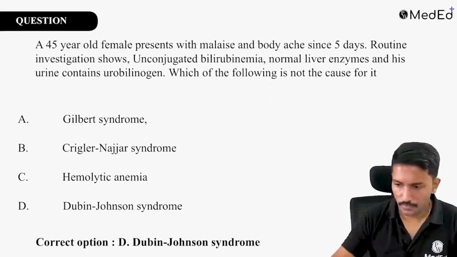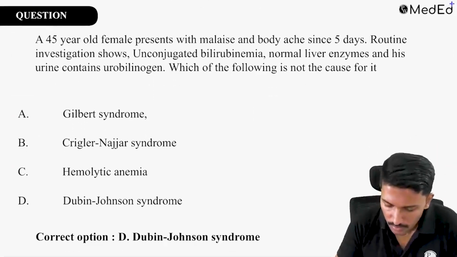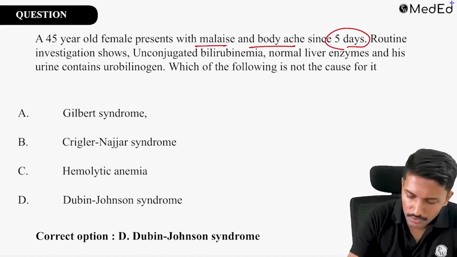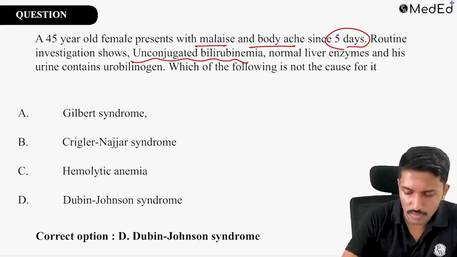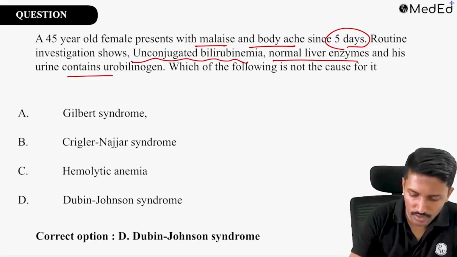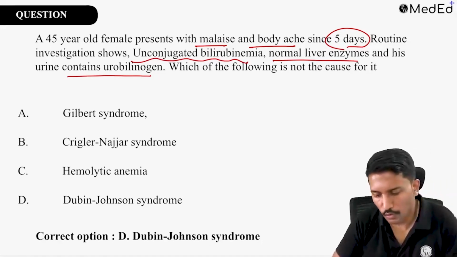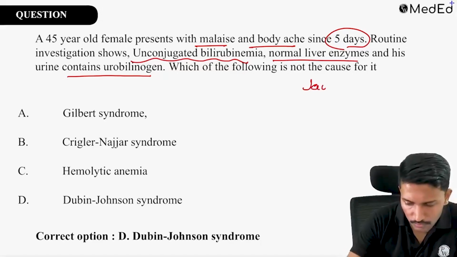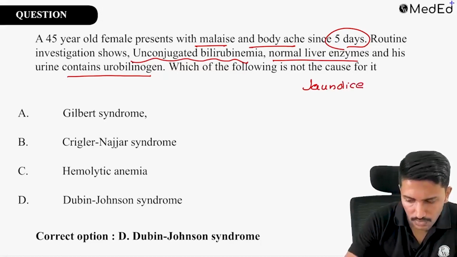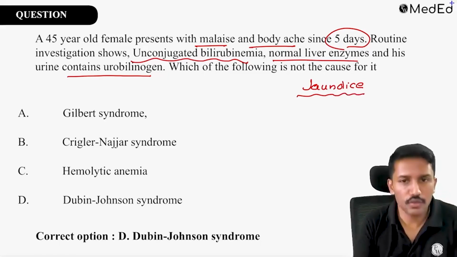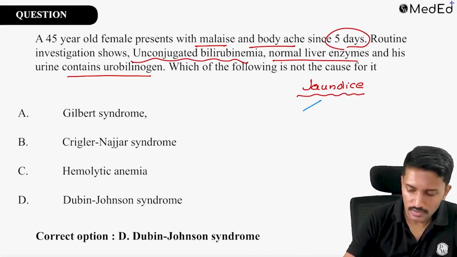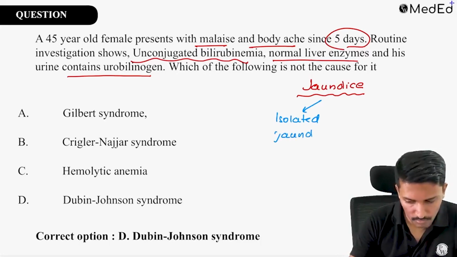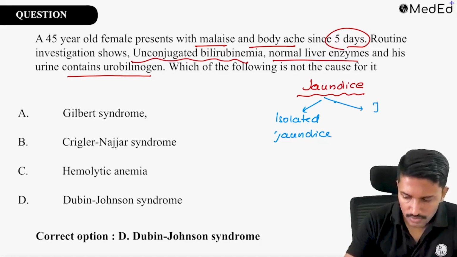Okay. Next. A 45-year-old male patient presents with malaise and body ache since 5 days. Routine investigation shows unconjugated hyperbilirubinemia, normal liver enzymes, and his urine contains urobilinogen. Which of the following is not the cause for it? Right? This is very simple question. See, now when we deal with a case of jaundice, all you need to see is whether it is isolated jaundice. That means only jaundice is there, no other LFT abnormality, or whether there is jaundice